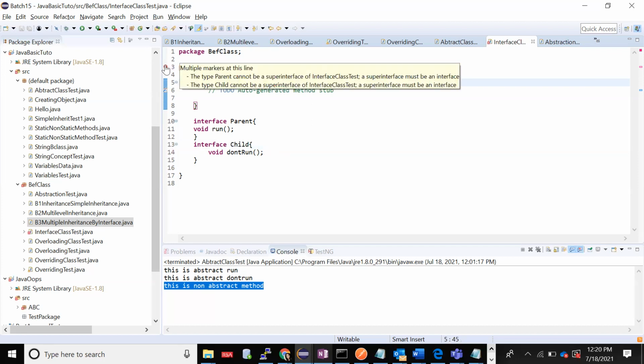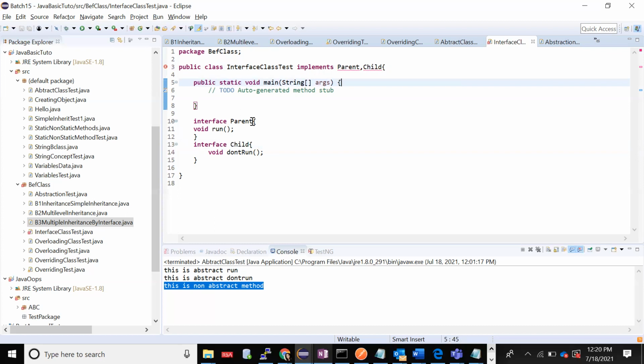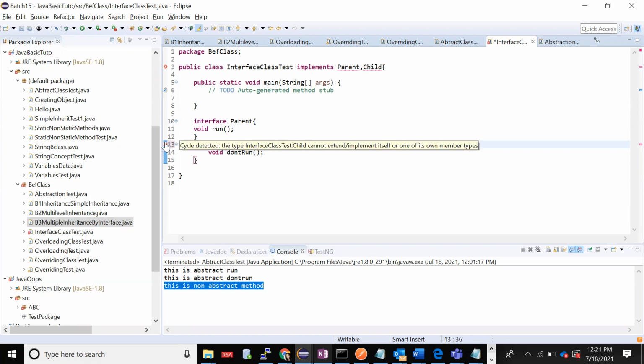Super interface. Now this is an interface. I'll just extend this because an interface can extend an interface, right? Is it already there? I think so. Give me a moment.